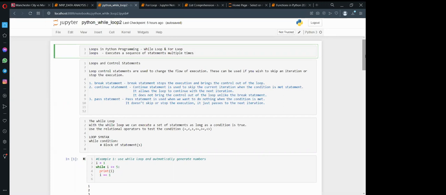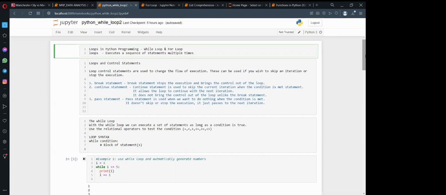When you're using loops in Python, that is for and while, they also have what are called loop control statements. We have the break statement, continue statement, and pass statement.